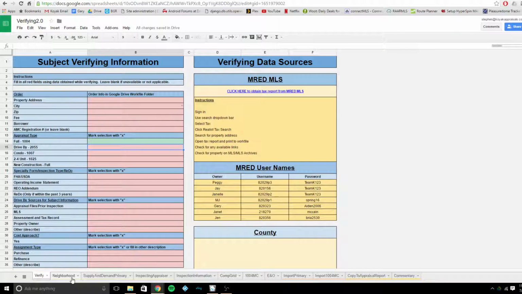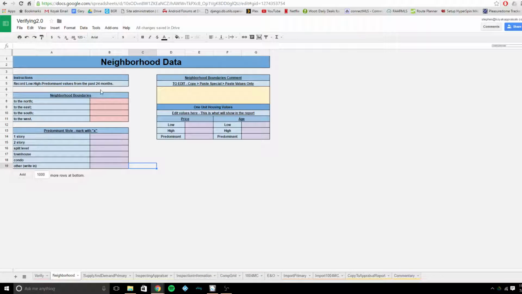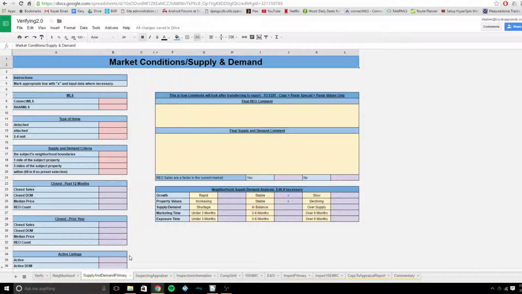Next tab here at the bottom, we have the neighborhood section. In here you'll notice only 4 red. Now fill in those 4 red, follow through with the program, and you'll see that these all fill themselves in. The next tab, there's